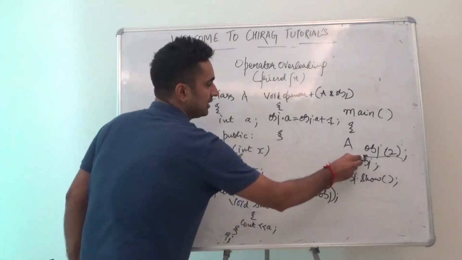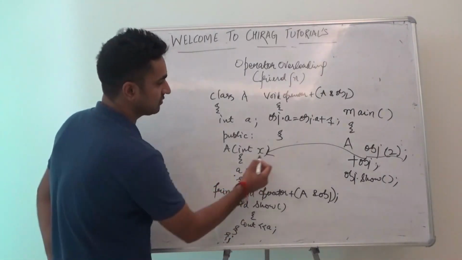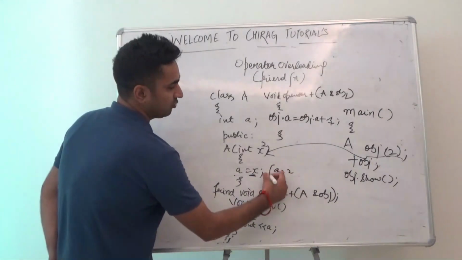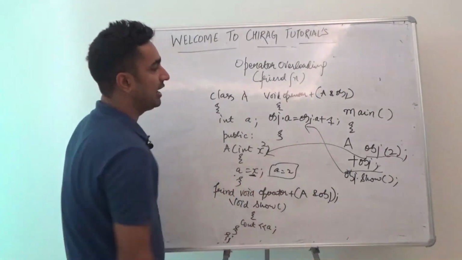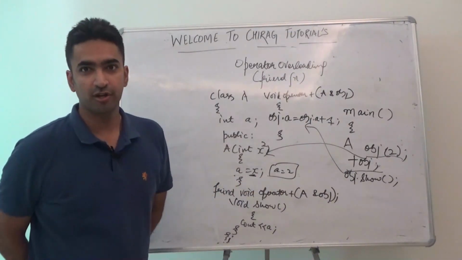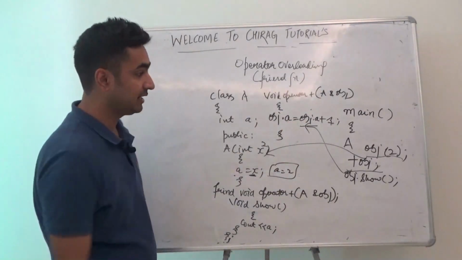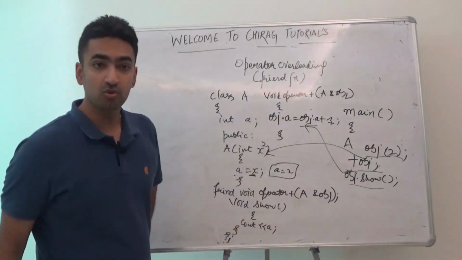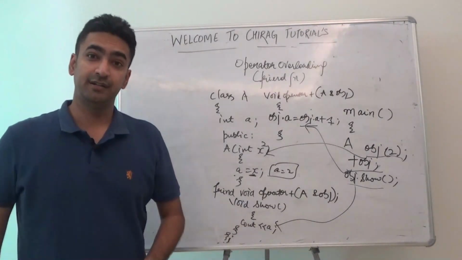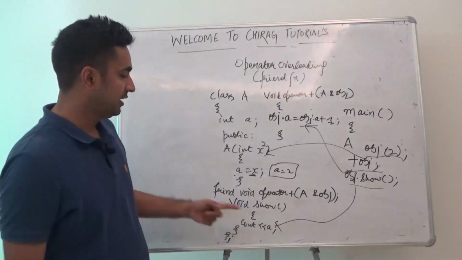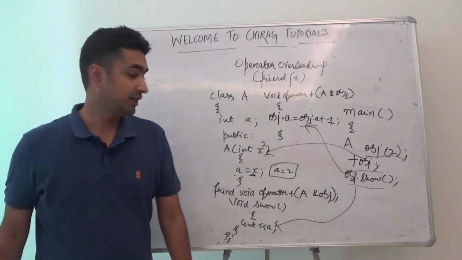So that's what I have just basically done. The moment I write this, our constructor gets called, the x value gets 2, so a value is equal to 2 over here. The moment I write plus obj, this function gets called, and obj dot a, which earlier was 2, plus 1, becomes 3, right? And then I'm just writing obj dot show, it will show the value of obj, which is updated to 3 after defining the friend function, and our answer eventually will come as 3. That's how you apply a friend function to it.